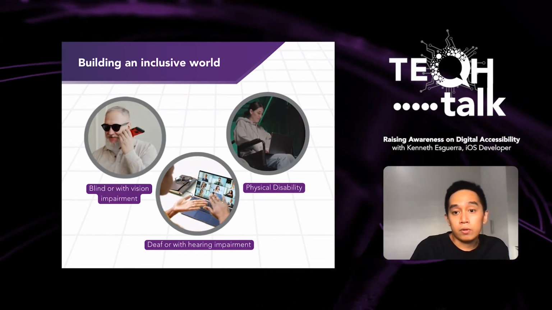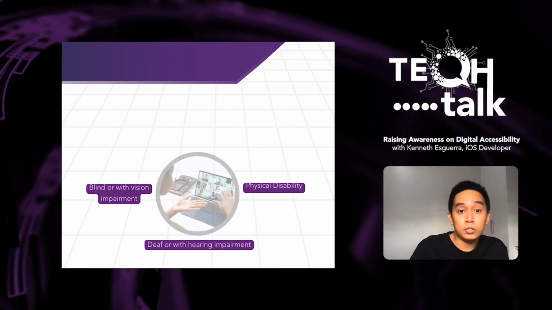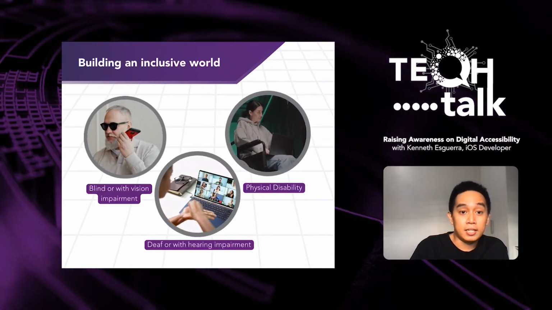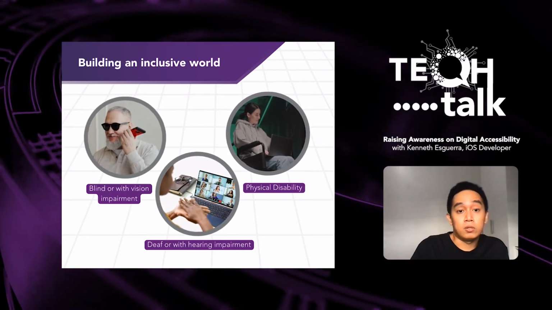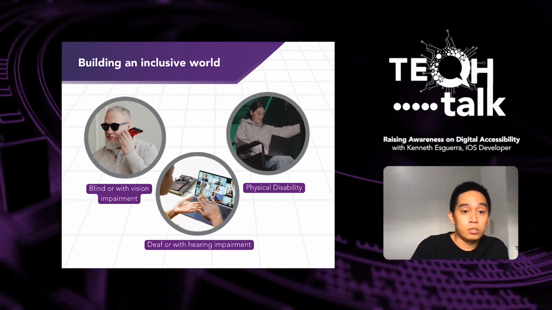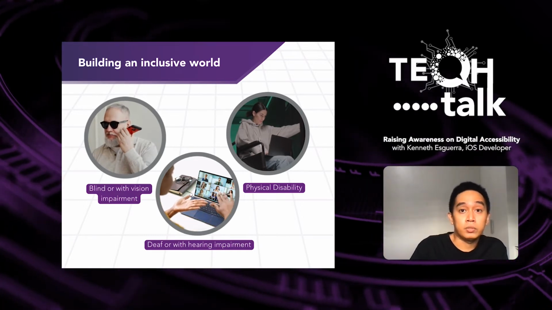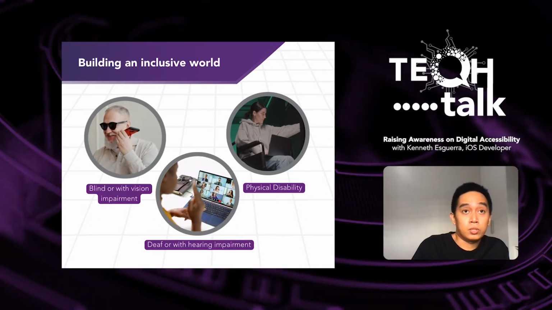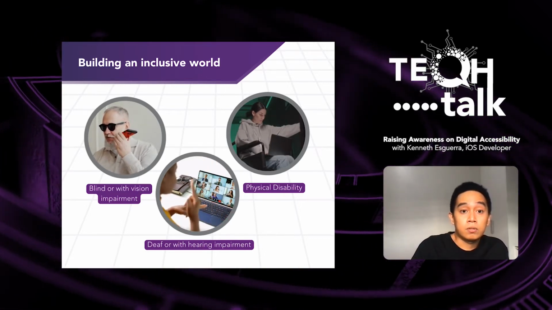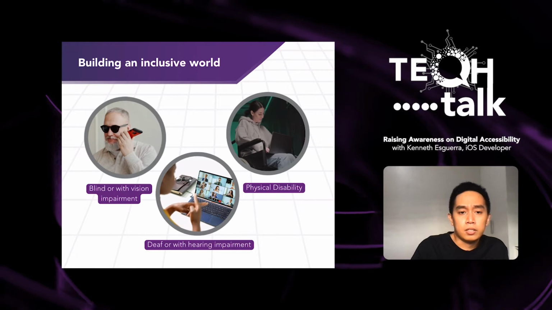So for example, for blind people or those with vision impairment, we can add a voice-over feature where, while they are using the mobile device, they can swipe through it and hear feedback on what is being displayed on the screen and what screen they are on, so they will have context on what they are doing with their mobile device. So yeah, a really simple thing, but it is a life-changing experience for them. For example, there is an Apple user whose life was changed by Apple allowing accessibility. There is also a zoom feature for mobile devices like the iPhone where people with impaired vision can read or magnify the text on the screen.